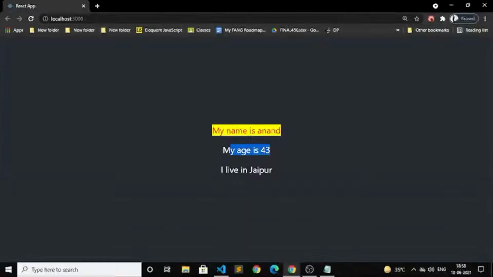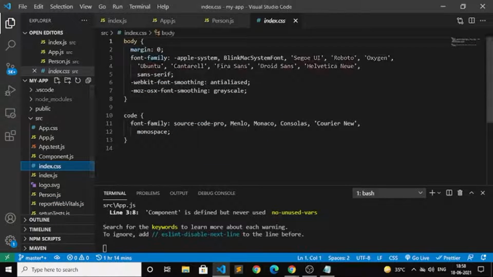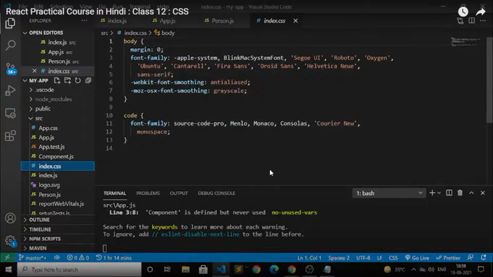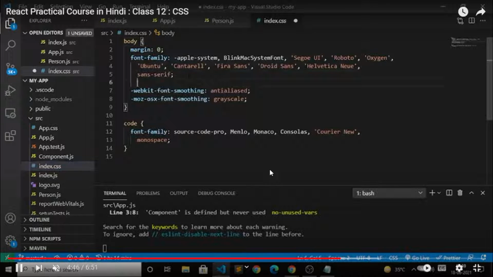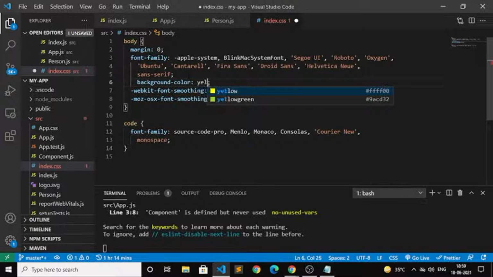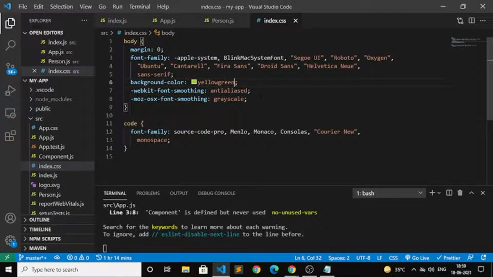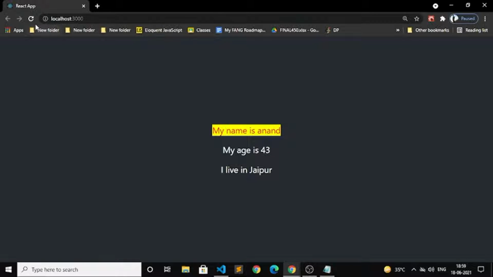Now on screen you can see that this is not working. It is showing the same color I mentioned earlier. Let me check it. For example, if I change it, yes, I need to change it first and then only it will work. Here I will add some background color and change it to another one. For example, I had the yellow background color, and now I am using a yellow-green kind of color. Now on screen, if I reload it,